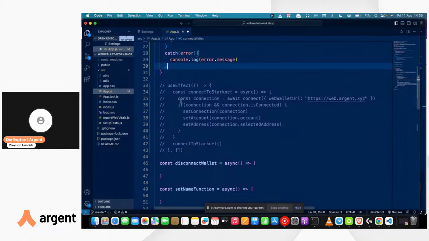what we want to do is ensure that, for example, if you are using, I don't think it's implemented for web wallet yet, but if you're using an extension such as the Argent X extension, the user is able to connect on reload. You don't want the user to have to establish a new connection each time he reloads. So we can do that using this useEffect. But before we do that,